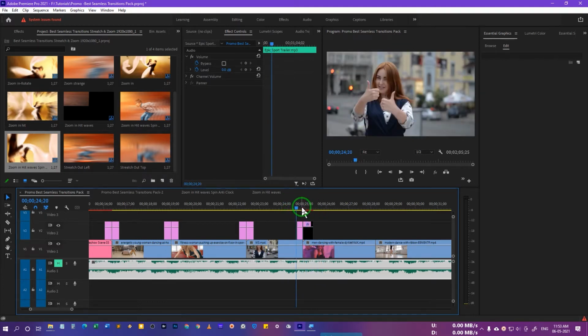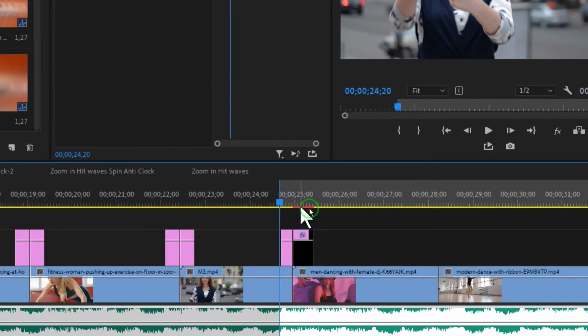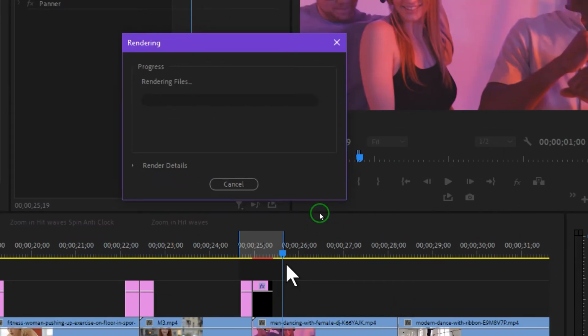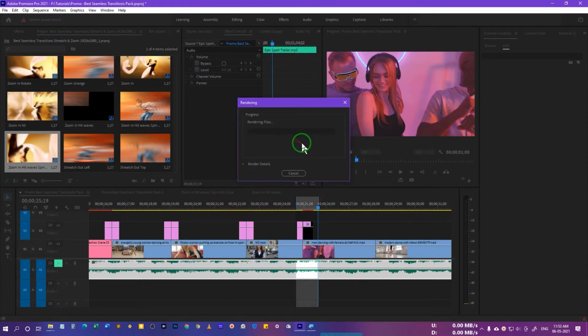Right, and if you don't see the preview correctly, you can just render this portion. As you can see, there is this red bar, that means it has not been rendered. So select in and out point and press enter. That's going to render these files, and once these are rendered, you will be able to see the preview